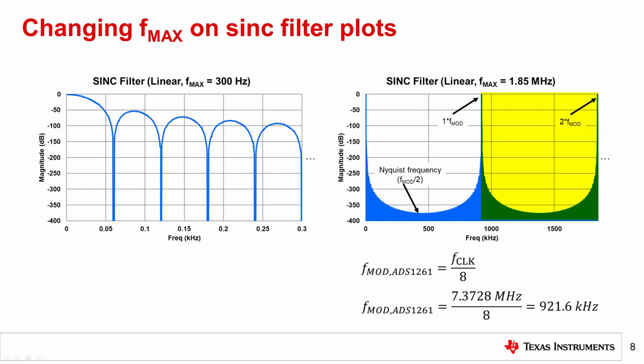As you continue past the first multiples of f_mod in the plot on the right, you can see how the frequency spectrum repeats until the second multiple of f_mod and would repeat indefinitely given an infinite frequency axis. This is true for either plot shown here, since both represent the same information, just on a different scale. These repeating high-frequency peaks are important as they complicate the process of defining a sinc filter's noise bandwidth. Moreover, in order to combine the sinc filter with the anti-aliasing filter, you must first plot the sinc filter's frequency response on a logarithmic axis.